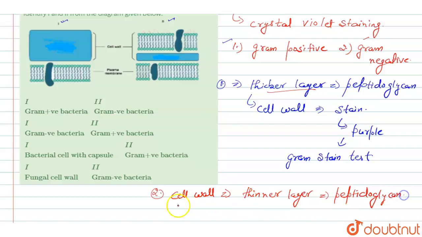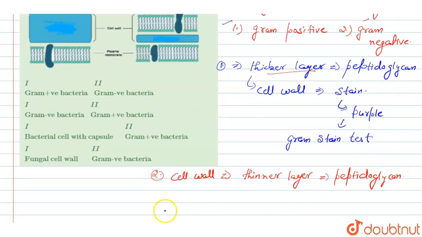Apart from the peptidoglycan, in the gram negative bacteria, this peptidoglycan layer is surrounded by the outer membrane, and this is the major difference between the gram positive and gram